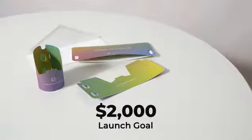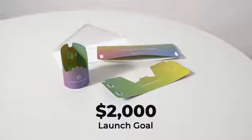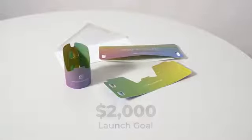The size constraints of the No.10 Phone Stand were crucial to its design. I wanted to create something that could be shared with anyone in the world for the cost of a postage stamp. I need you to join me on this journey in raising at least $2,000 to help get this product out into the world. Now that money is going to go into the die cutting, the printing, and the shipping